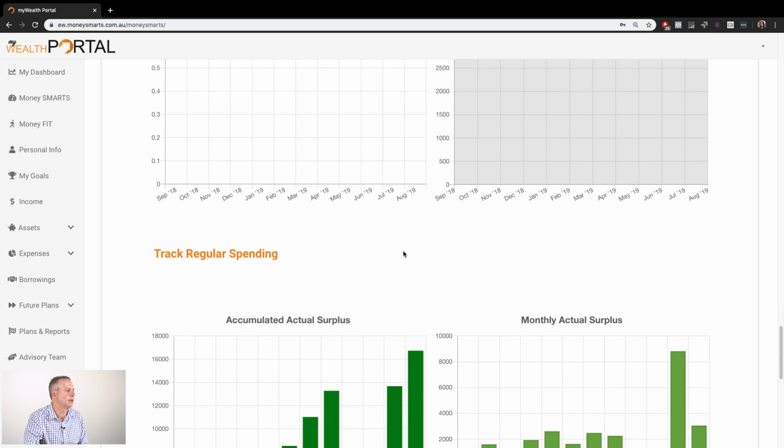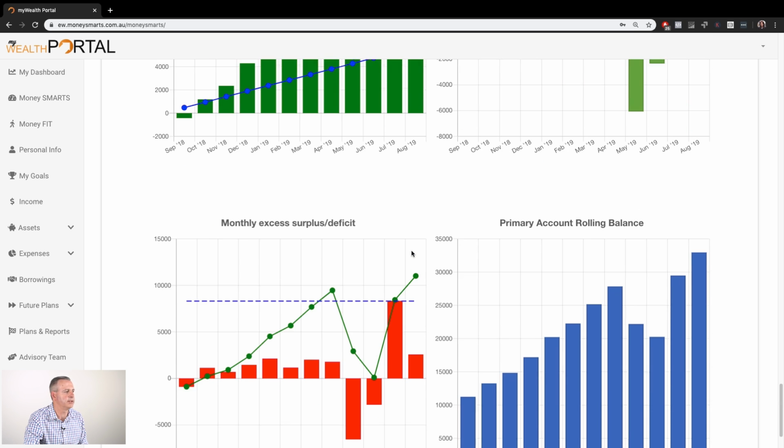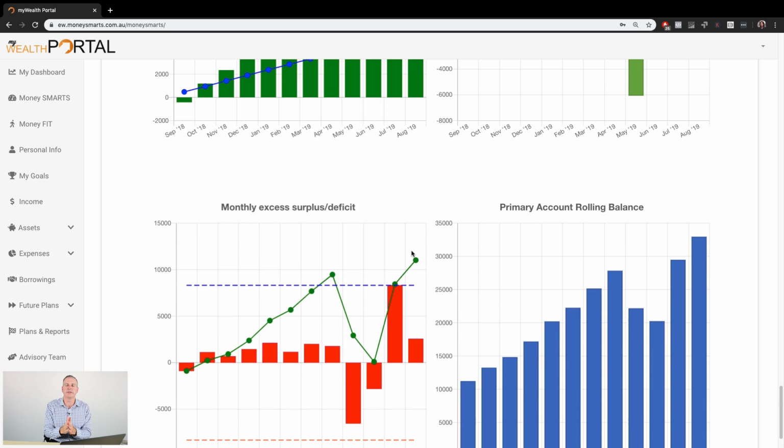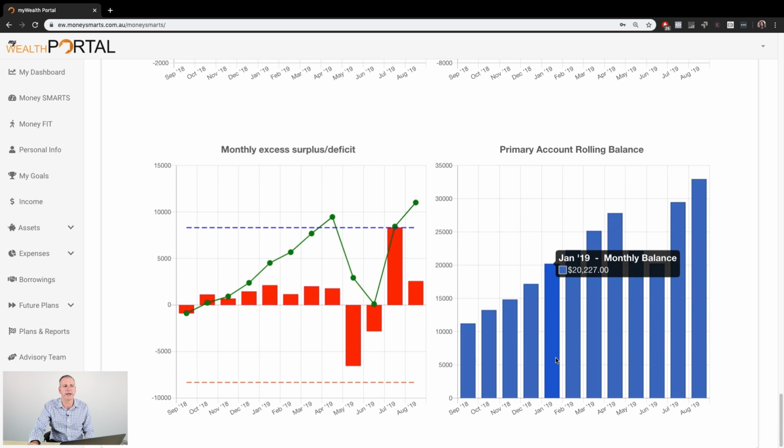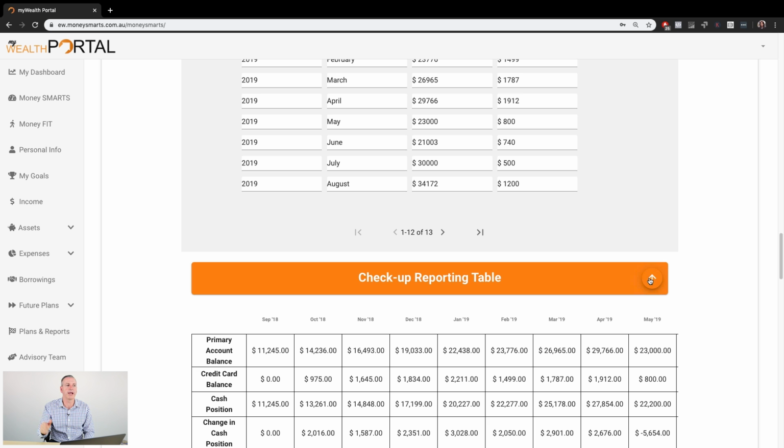And then we've got the tracking, in terms of how you're progressing, what months you've been up, what months you've been down. This is why budgets don't work. If you have lots of spending in one month, you might feel like your budget is blown, but it's not blown. It just means that the rest of the months over that 12-month cycle are going to readjust. That's what this system is designed to do in terms of all the technical pieces. You don't have to worry too much about that. All you've got to do is stick to your living and lifestyle